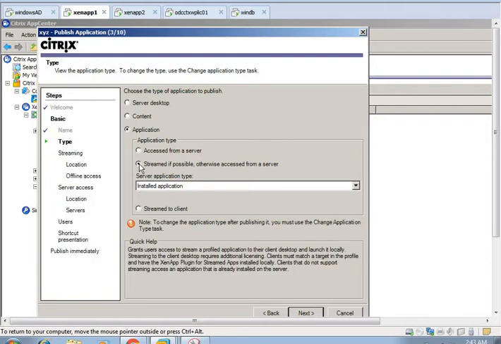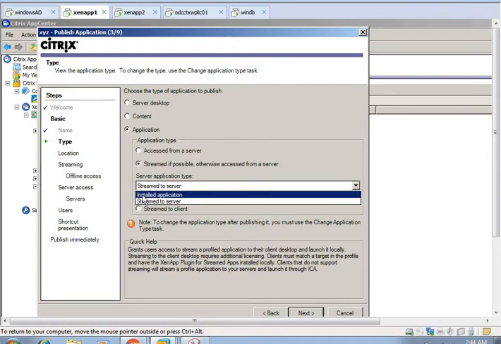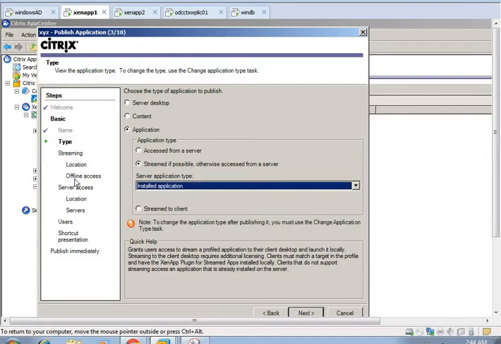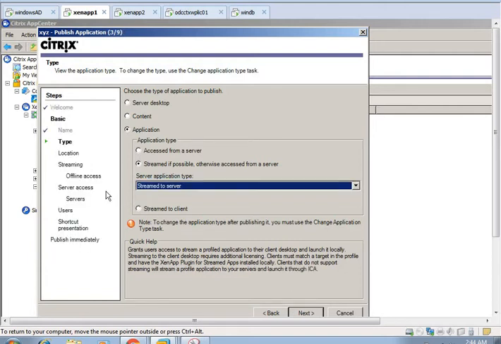Once I go with the streamed option, it shows streaming location and offline access, as it is stream to server. The server option is not here. Once I go with installed app, location and offline access are both here. Once I select stream to server, only offline access is here.